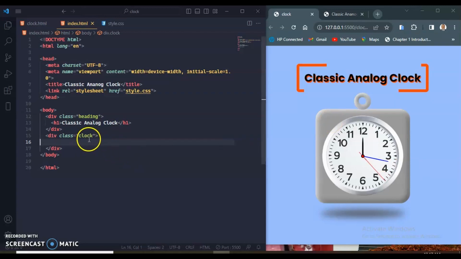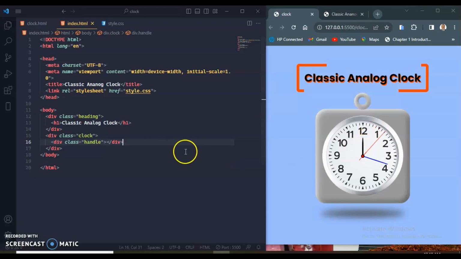container called clock. Now what do we have inside here? We are going to have this little handle, and this little handle is going to be also a div with a class of handle. We press tab and there's nothing inside there, so we are just going to leave it like that, and we bring other siblings to this div. And what is the first sibling there? We need to create some div which will be representing these handles also, the hour, and then our seconds, and